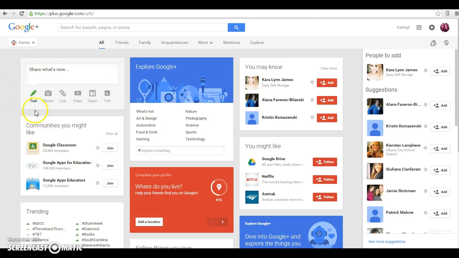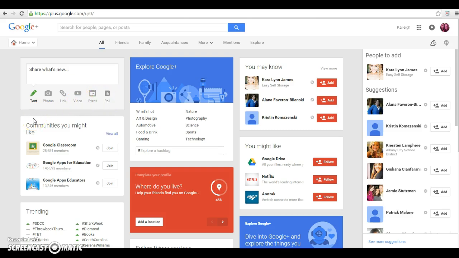If you look over here, you can basically share a status, which is very similar to Facebook, and you can put text, you can add photos, you can upload a link, a video of an event, or create a poll.